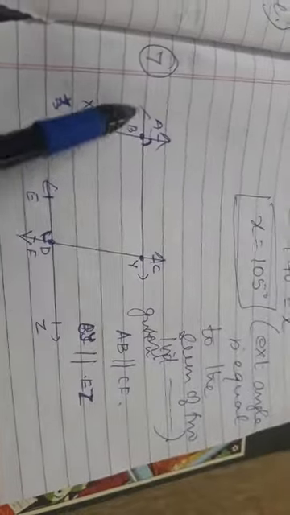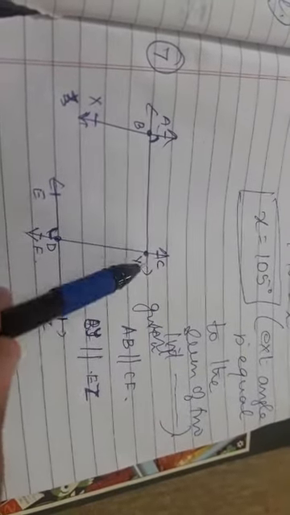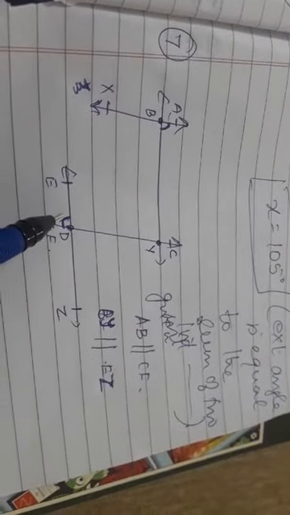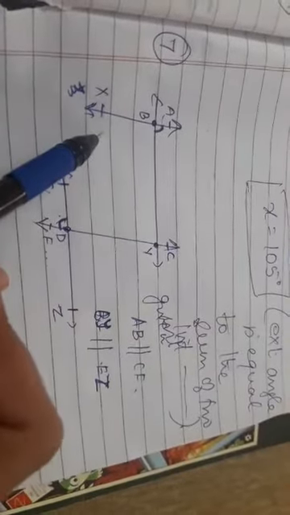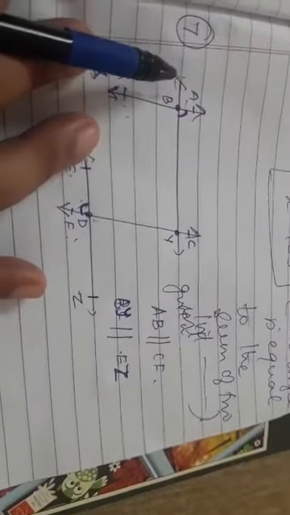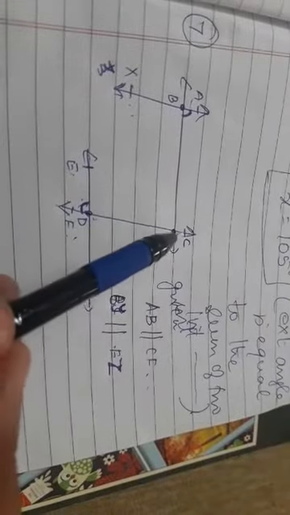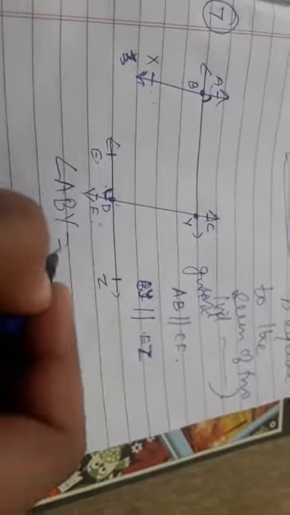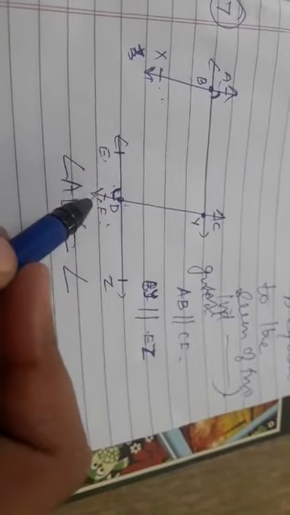As you can see here that this line is parallel to this line, right? We can say BY is parallel to EZ and AX is parallel to what? CF. AX or AB is parallel to CF. We have to prove that angle ABY is equal to angle FDE or EDF. So let us write FDE. This we have to prove.